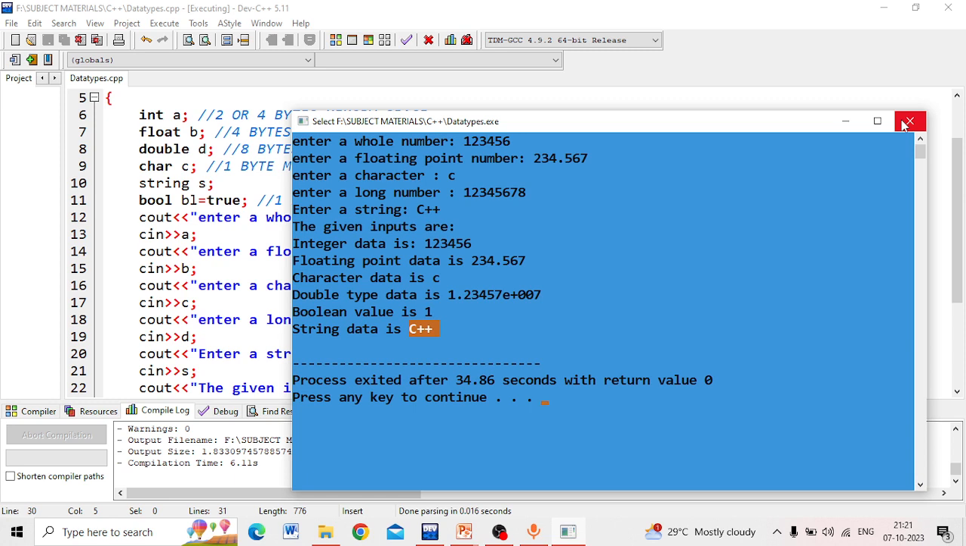I hope you understand the role of data types and the different roles they play